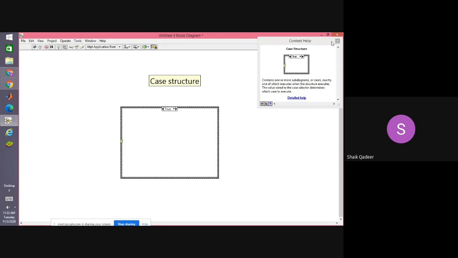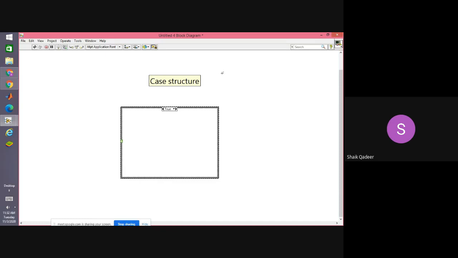Write down. There are 4 variants of case structure. First one, Boolean. Second one, integer.